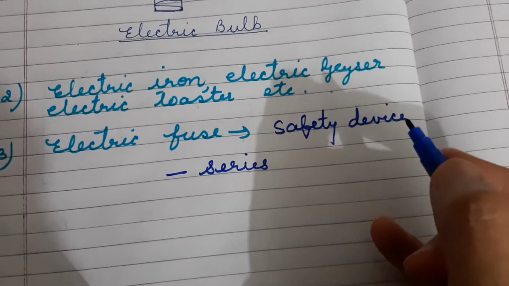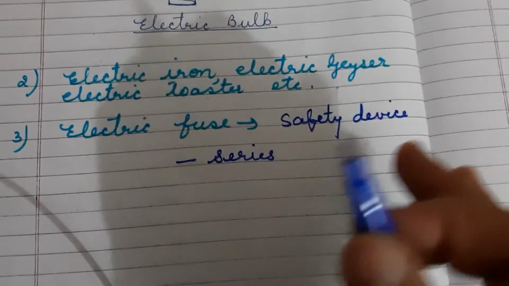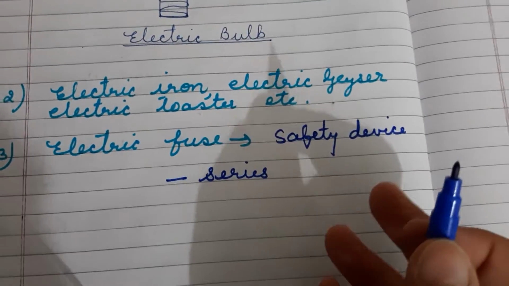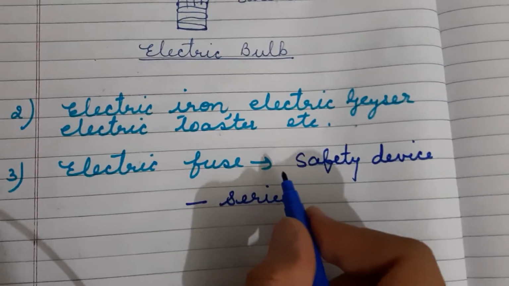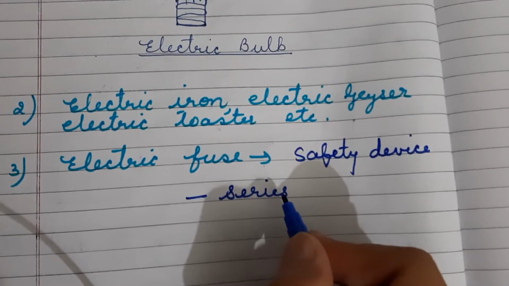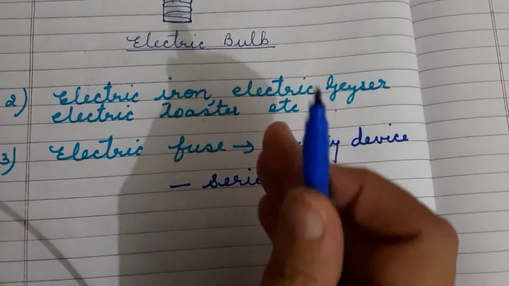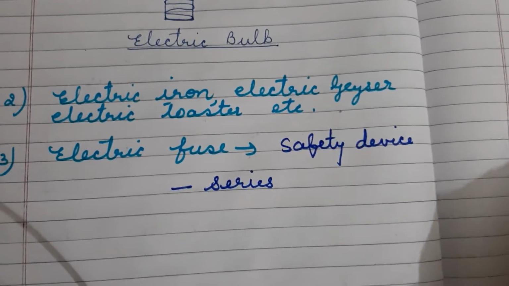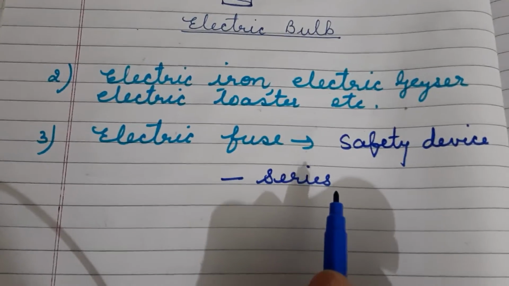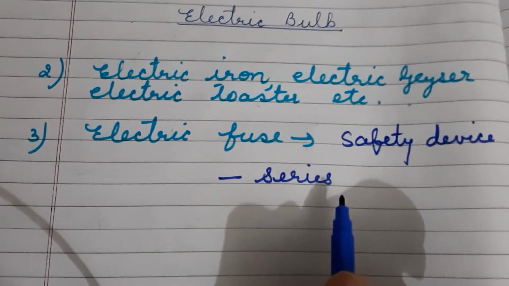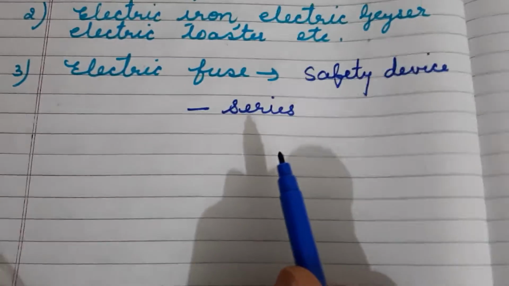In this way, the fuse wire stops the supply of current and protects our appliances and circuits at home. So the electric fuse is very useful and it is connected in series. The advantage of connecting in series is that if the supply breaks at one point, it will stop the supply in the other parts also. This is the use of the electric fuse. Nowadays, we are using MCBs, the miniature circuit breakers, in place of fuse wire, but their function is the same as the fuse wire.